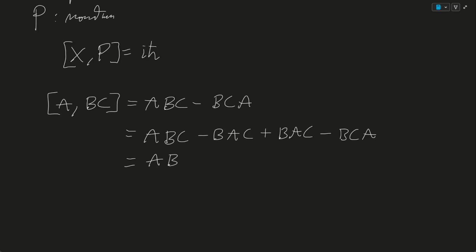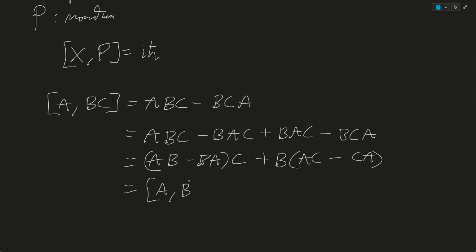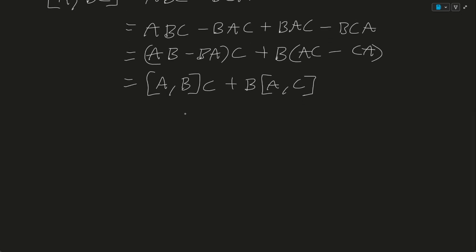This was then AB minus BA with C to the right side, plus B times AC minus CA. And of course, AB minus BA is going to be the commutation of AB, times C, plus B times the commutation of AC. And we can then again prove this by symmetry. So we have that [A, BC] is this, and then also